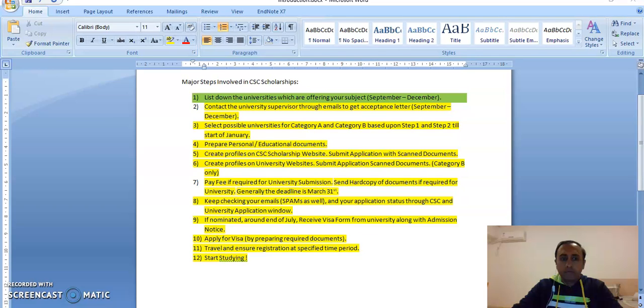After that, you will apply for visa. There are certain documents which are required to get a visa. So against your country requirements, embassy requirements, you will need to visit your China embassy website for your country and then see the specific information for your X1 visa. Fulfill those requirements, prepare those documents, and then get the visa and travel to your university at the specific time